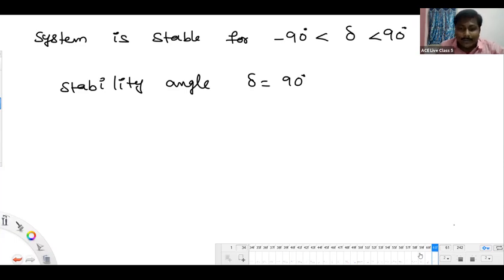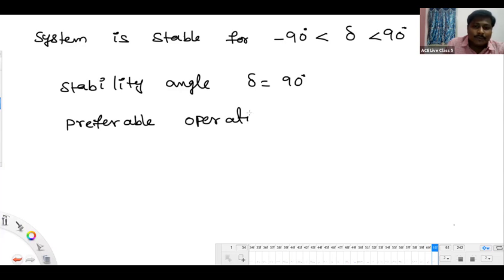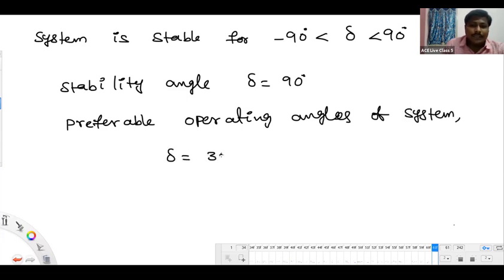That we are going to name as the preferable operating angles of the system. Delta will be 30 degrees to 45 degrees, right? So in view of system stability